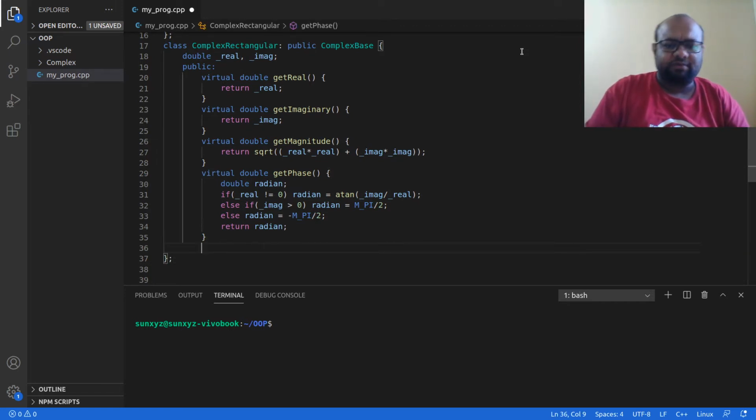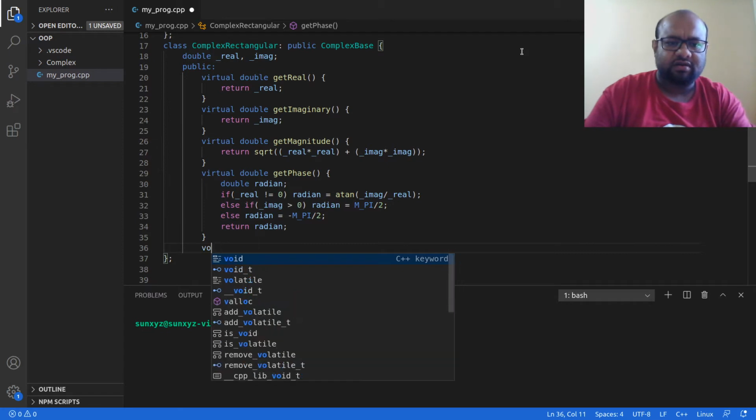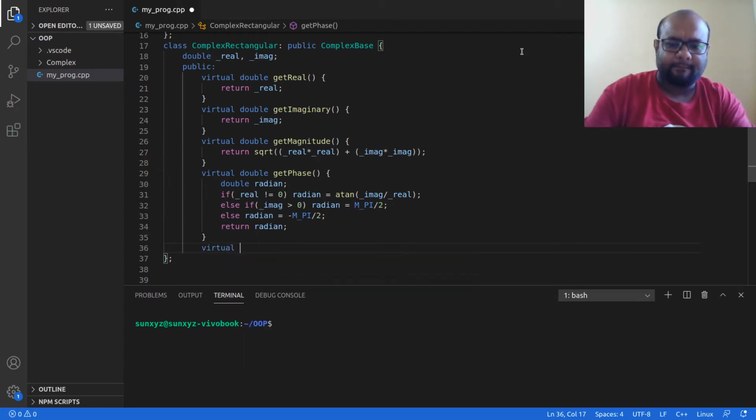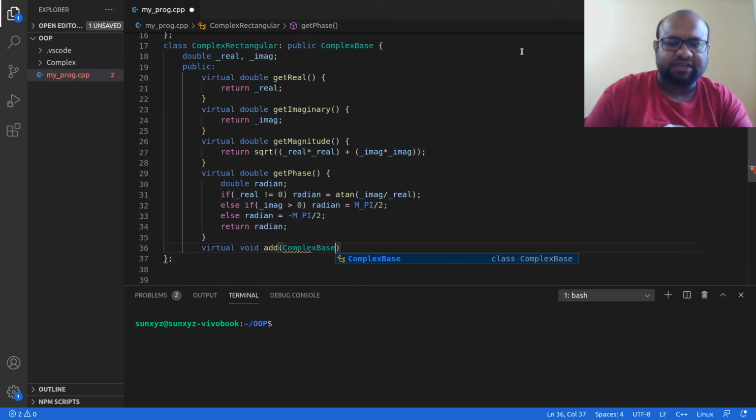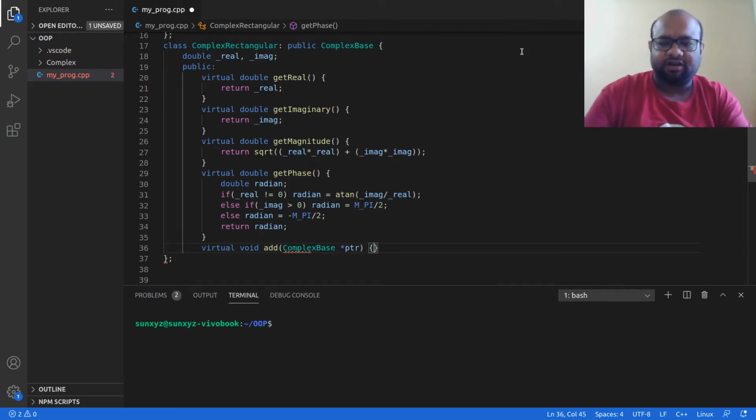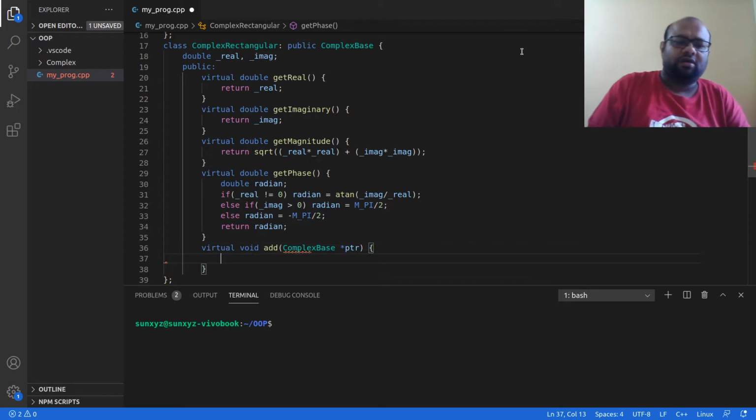Next, I am going to implement this add function, and this is going to take a complex base pointer as parameter. So what is going to happen?